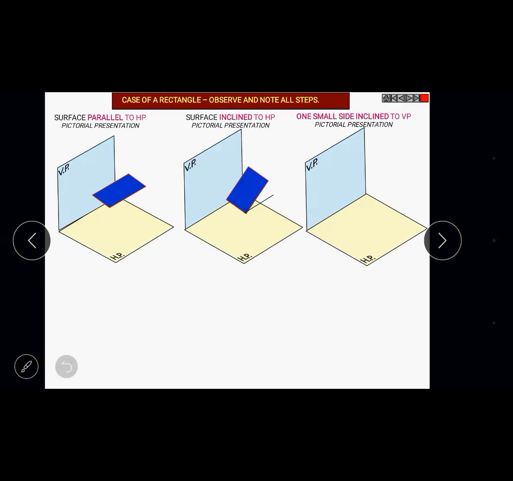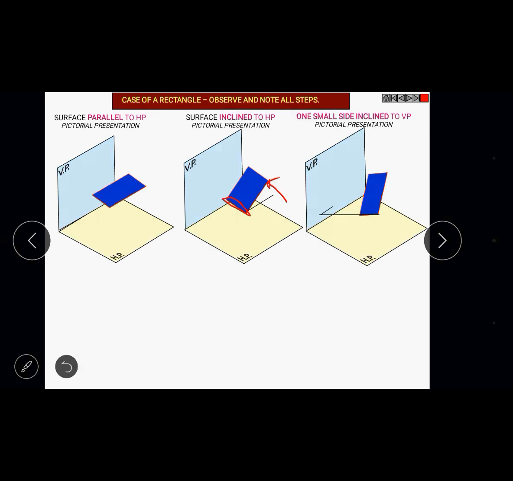In the second step, you can see the same rectangular lamina, the shorter edge of the rectangle is held, and the lamina from the right side is tilted to some angle with reference to the horizontal plane. So the left shorter edge of the lamina is held, and then the lamina is tilted in anti-clockwise direction from the right side to a certain angle between 0 and 90 degrees with respect to HP. And then in the third profile you can see that.